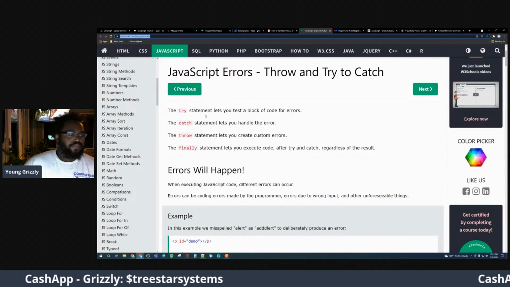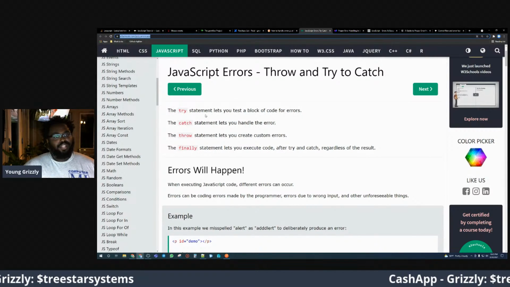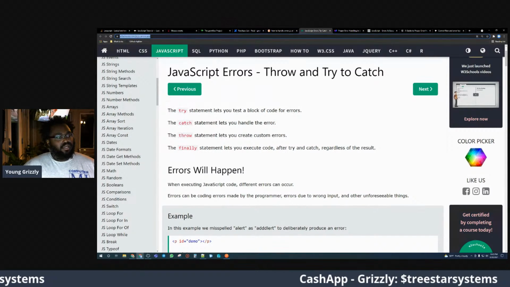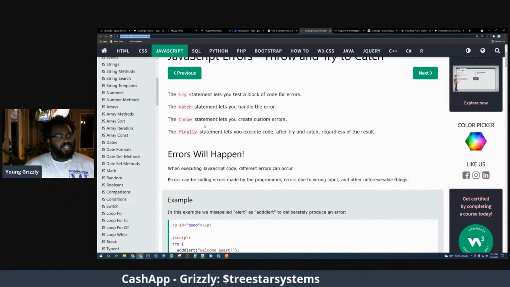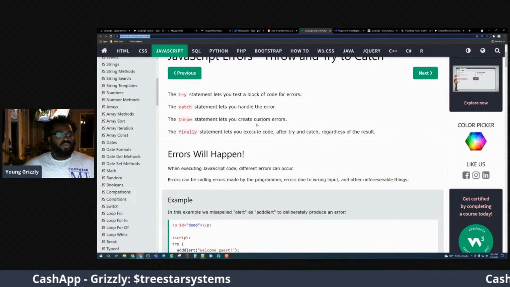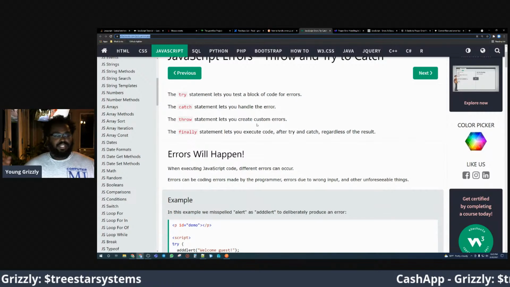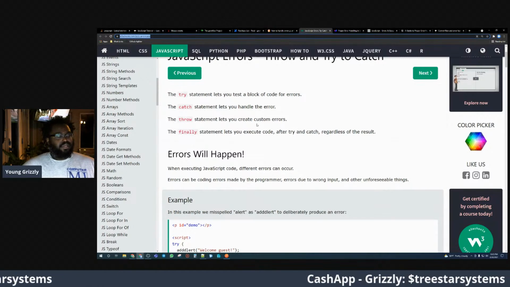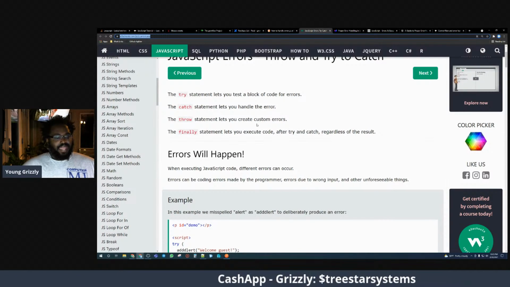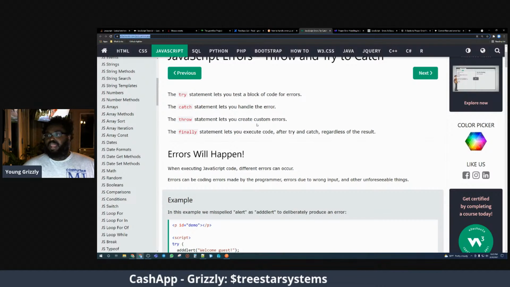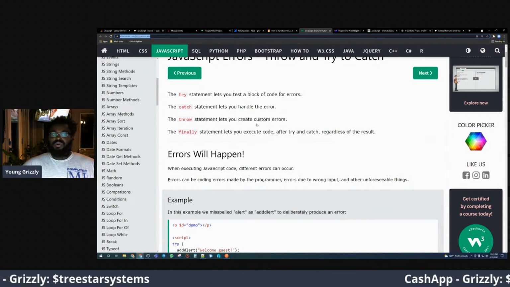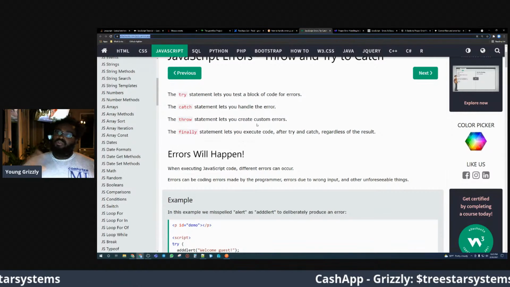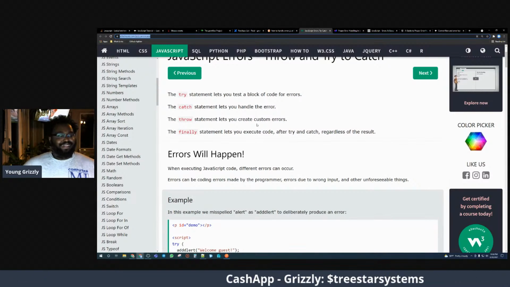All right, so JavaScript errors, throw and try to catch. What's it called? Throw statement. A throw statement lets you create custom errors. So with the throw statement, I can create custom errors. Instead of throwing whatever the system error is, I can throw my own error. I can throw, hey, I got an error. Throw, this shit fucked up, bro. Instead of throwing an actual error, or an error supplied from another subsystem,